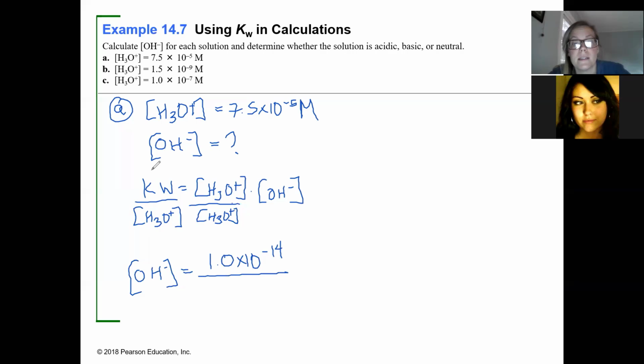And so for this first one, it's 7.5 times 10 to the negative 5th. Now, when you're plugging this into your calculator, you want to use parentheses here to separate those, or you want to use the EE value, like 1 EE negative 14, so that you can couple the exponent with the digit. So when we plug this in, I'm going to turn my phone to the side to get my exponents. 1 EE 14 divided by